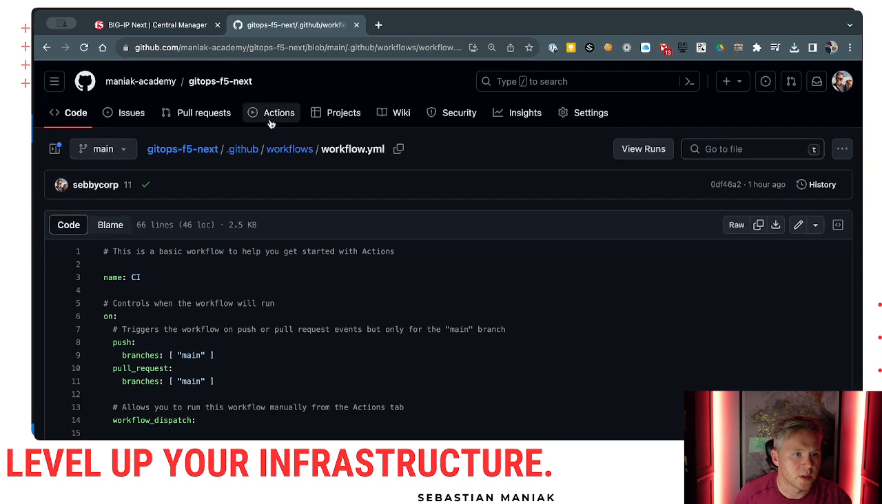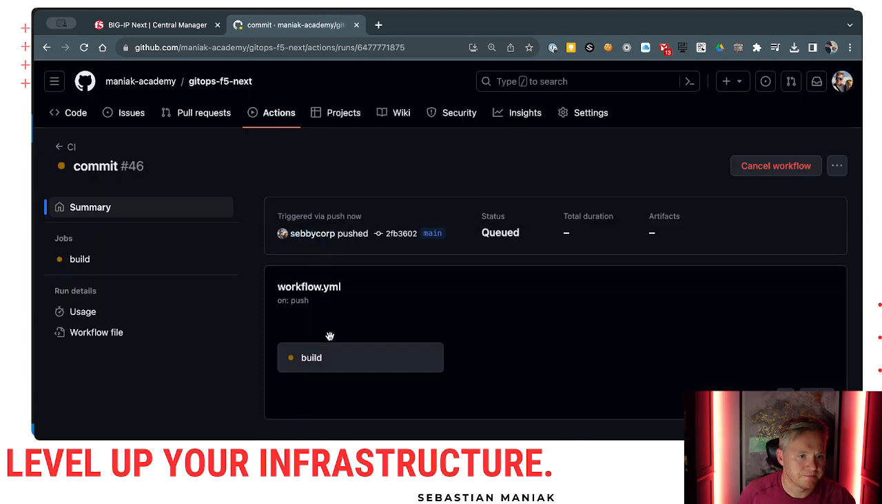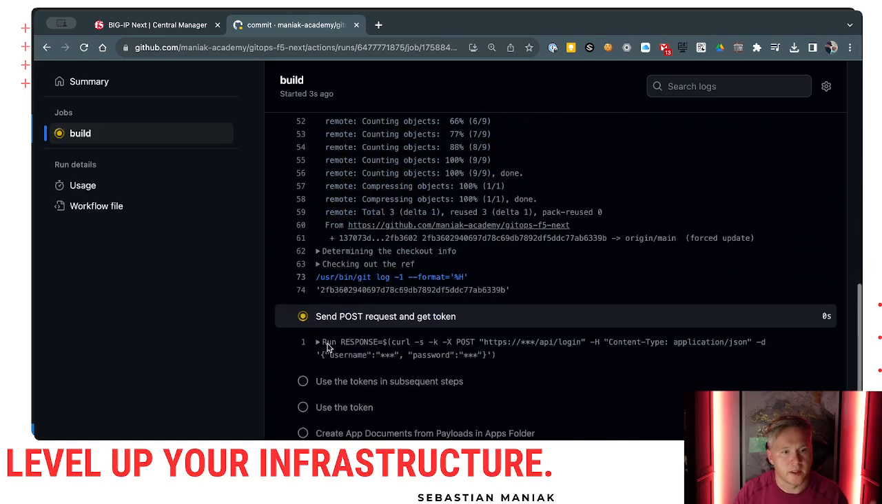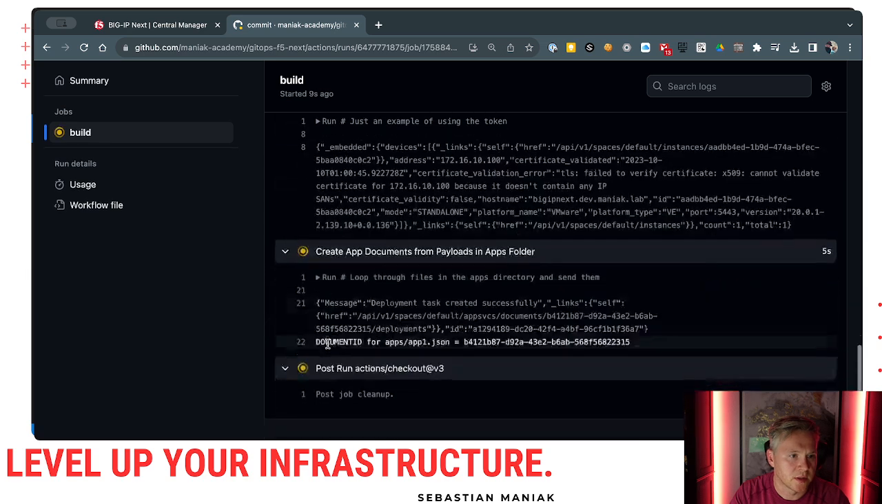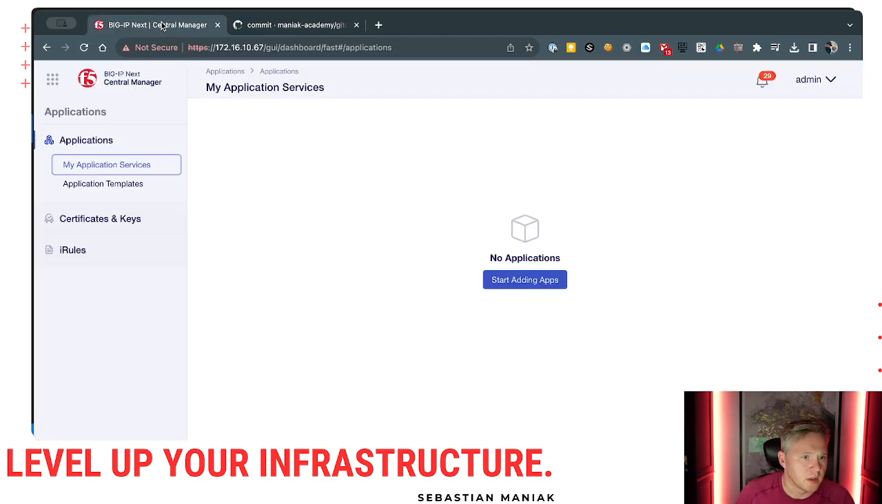And then we can take a look at actions, and we can take a look at my last commit. Inside here, right away, the workflow gets initiated, grabs the token from the F5, logs in, deploys the document. Once the document has been deployed, which is my AS3 template, it goes ahead and applies it to the specific target that I have coded in here. So when we log into our F5 and refresh our page,